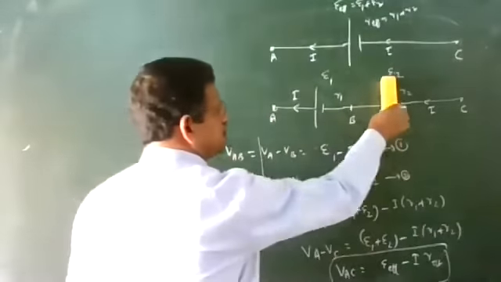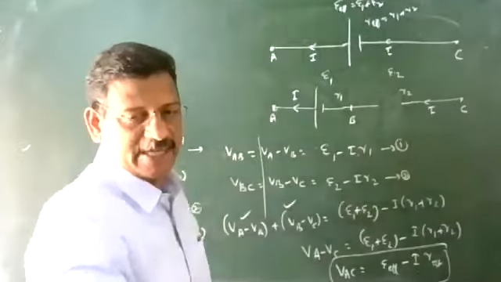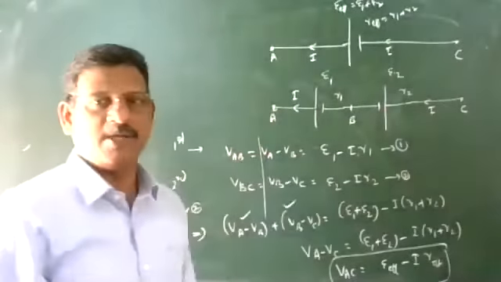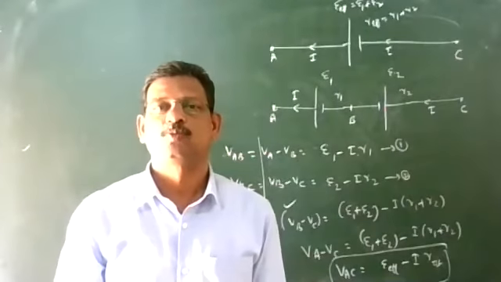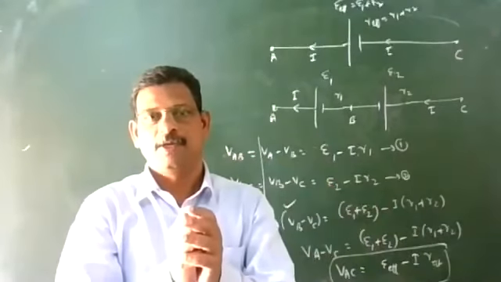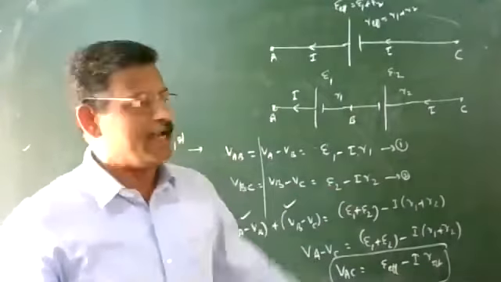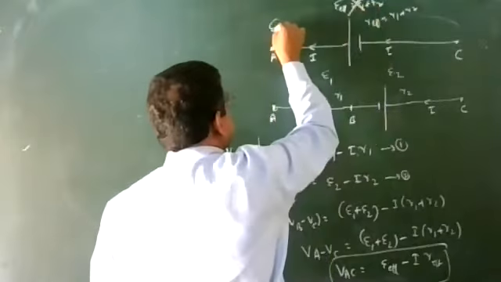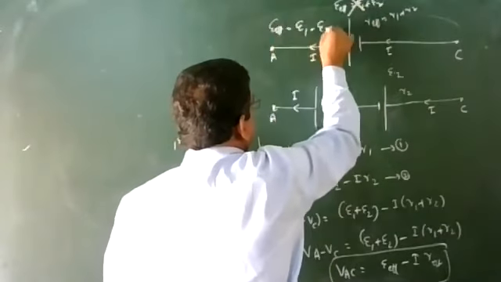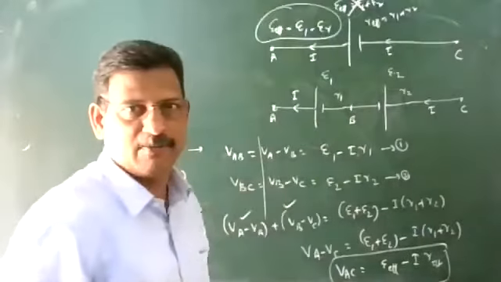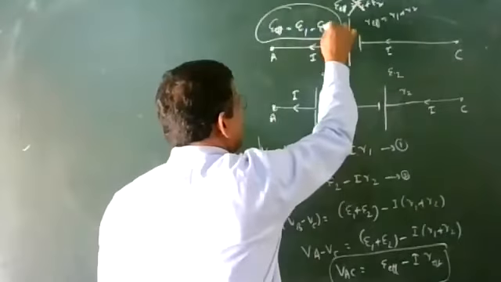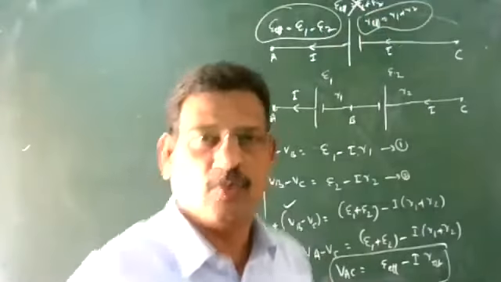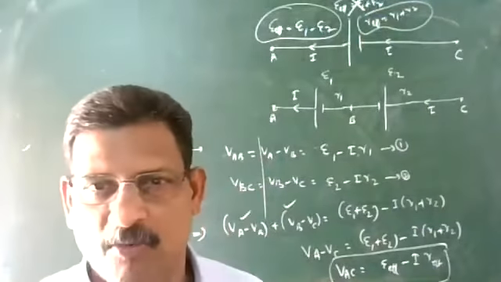Next case, suppose the cells are connected in the reverse order. That is also a series connection, but here the negative and positive of the second cell are changed. These are of the opposing type. In this case, what will be the effective EMF if E1 is greater than E2? You are opposing. Again, you will get a cell here. Its effective EMF will not be E1 plus E2, it is E1 minus E2. They are opposing. This point is very important. And what is the effective internal resistance? There will be no change. Effective internal resistance will be like that only, no change. That is R1 plus R2.